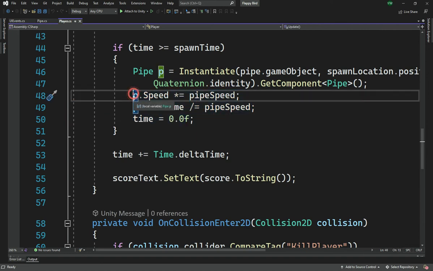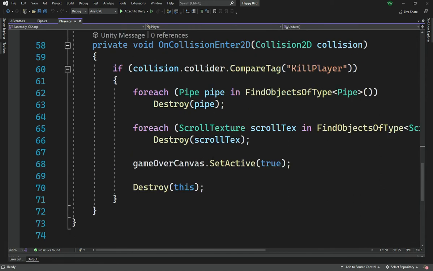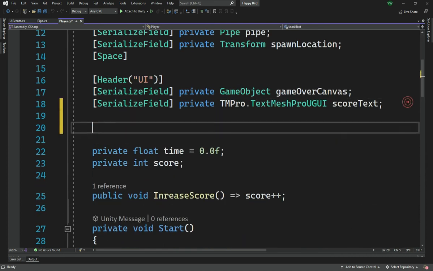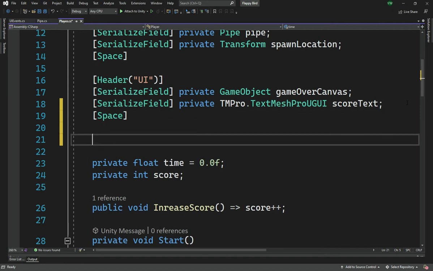Just, you can check it out. I'm not going to explain it right now. What I'm going to do actually is, when we destroy everything, for this we will need serialized field references, because otherwise it will cause problems, since there are multiple components and we can't just use GetComponent. We can use GetComponents, but then it will be a little bit of a problem finding out which one is correct. So now create a new header, and this is going to be UI, not UI, it's going to be